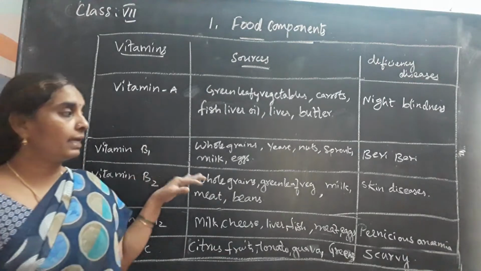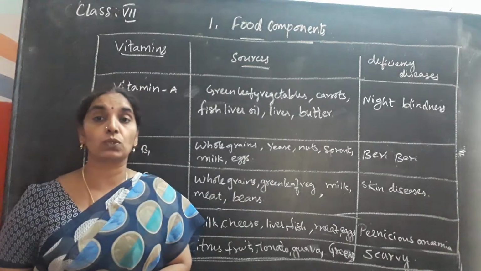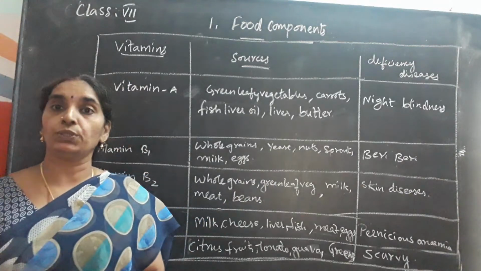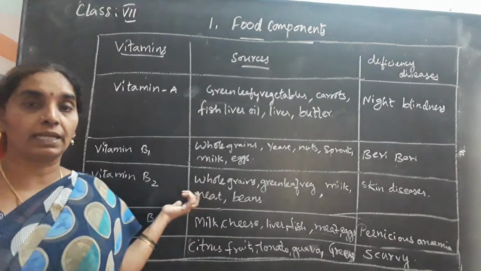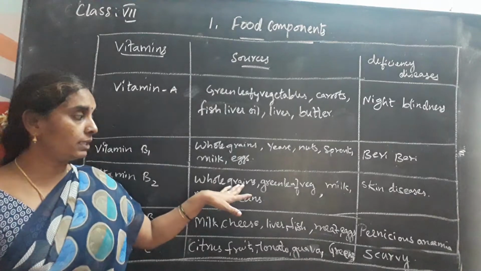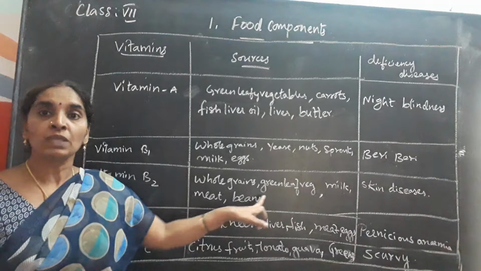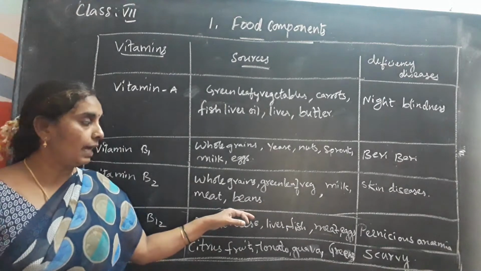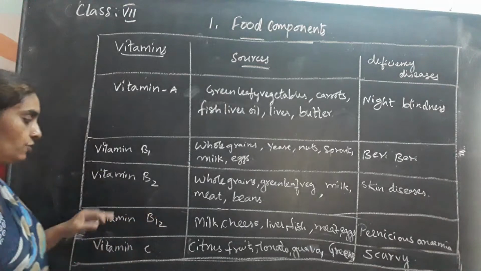Vitamin B2. If it is deficient, we mostly suffer from skin diseases, mainly the sore throat, which is due to the deficiency of vitamin B2. When you take riboflavin, it gets reduced, isn't it? Doctors mostly prefer it. So in the diet, if you take whole grains completely and green leafy vegetables, and drink milk daily, you can be prevented from B2 deficiency.